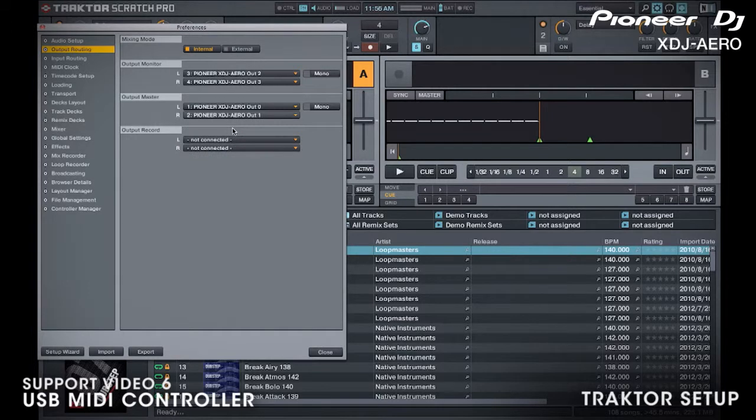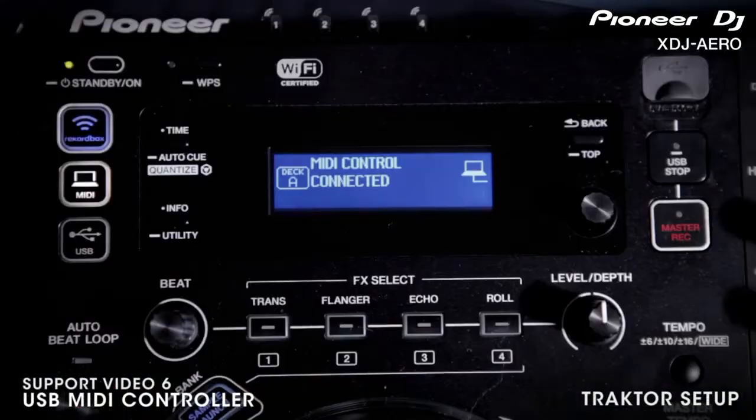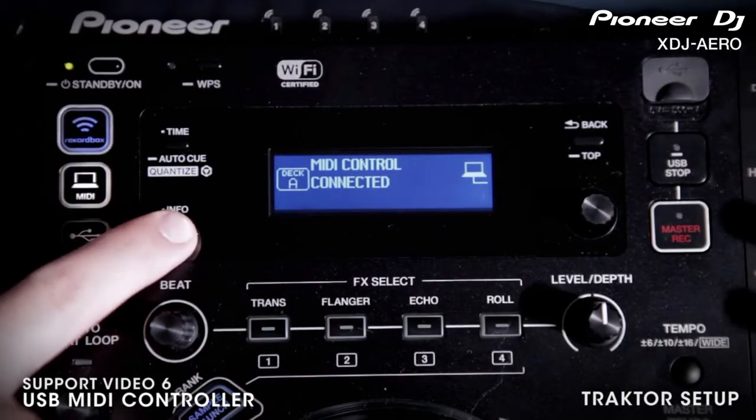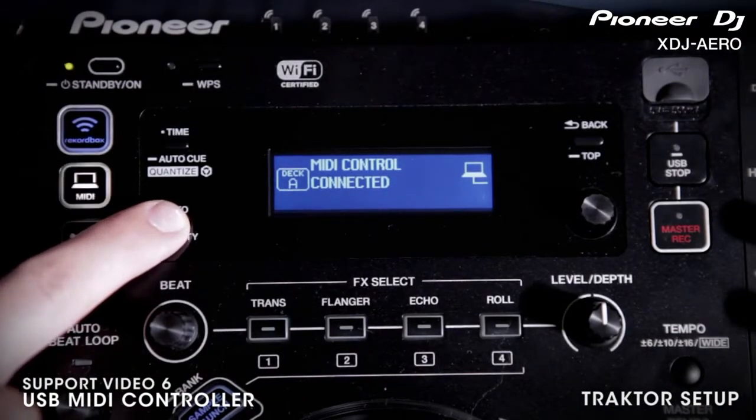the headphones. For internal mixer mode on a Windows machine, you want to set your output monitor to channels 3 and 4 and your output master to channels 1 and 2. All mixing and headphone controls are now done in the software. To switch between deck A and C or B and D, hit Utility, and all the deck and mixer controls